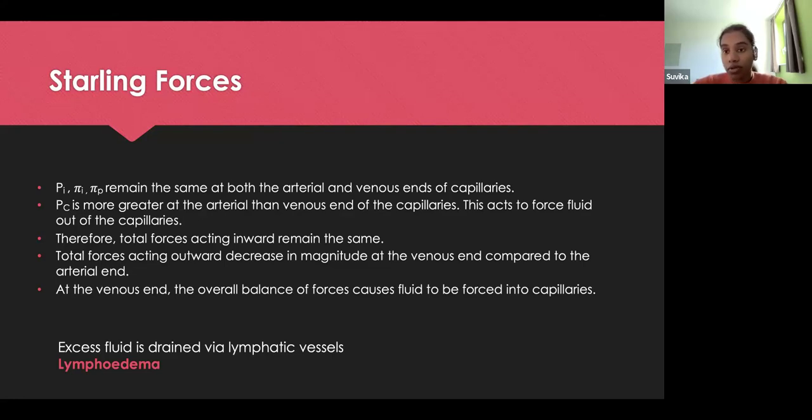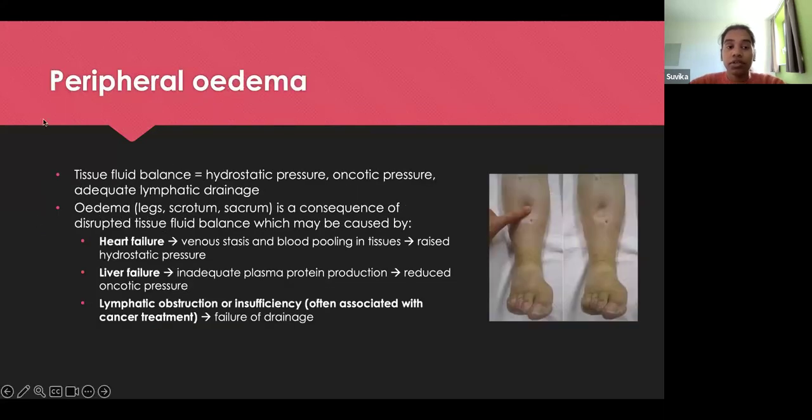If you have a problem in your lymphatic vessels, then that can lead to something called lymphedema, where you've got excess fluid in the lymphatic system. Okay, this can happen as a result of things like surgery to lymph nodes. So if someone has metastatic cancer to their lymph nodes, they might have lymph nodes removed and they'll have lymphedema as a result. You can also get peripheral edema where there's an imbalance in your tissue fluid clearance. This is called pitting edema because you get pitting when you press in the legs or the arms that are swollen. Okay,